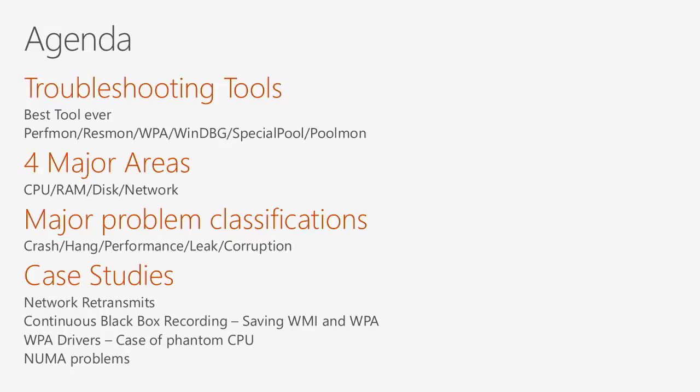Then I'll talk about the various areas where you look at things and see things going wrong or right. Then we'll talk about the major problem classifications. Lastly, I'll talk about some case studies of things that have happened in the past. And at the end, I will do an XPerf trace. That means I'll show you the Windows Performance Analyzer and how we trace through performance issues where we see something going slow, and I'll go through and show you exactly how it all